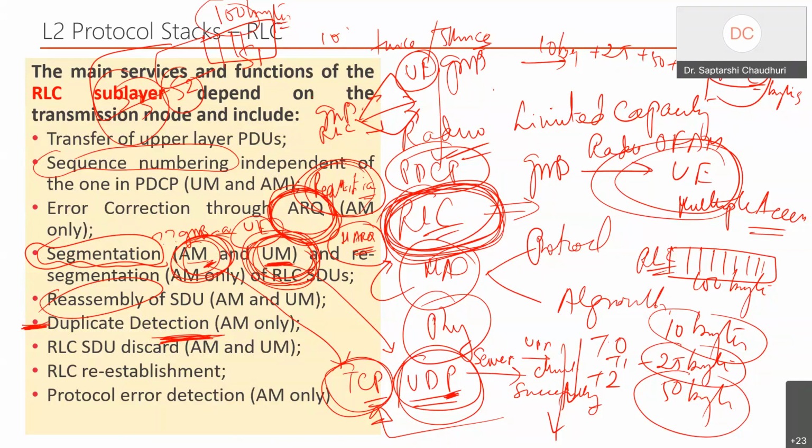Now, what is the difference? Let me give an example. Say 100 bytes. The MAC scheduler wants only 10 bytes of the packet to be sent to the EV. Now, suppose the EV doesn't get this packet, he will send a negative acknowledgement. Then the scheduler kicks in and sends the 10 bytes, maybe 1 time, 2 times, 3 times. So this is nothing but the 10 bytes being repeated, and this is governed by the scheduler, by the MAC, under the MAC purview.